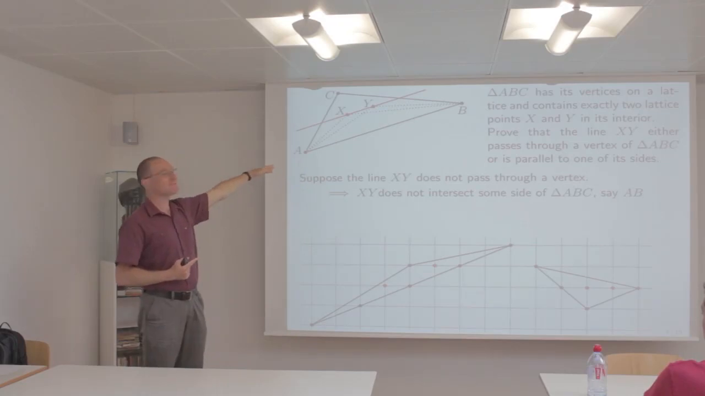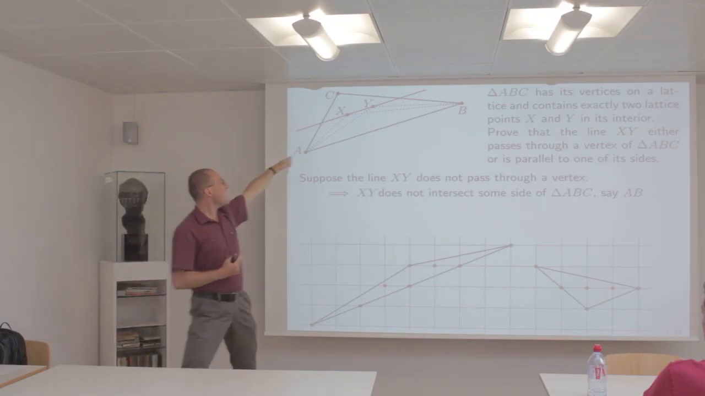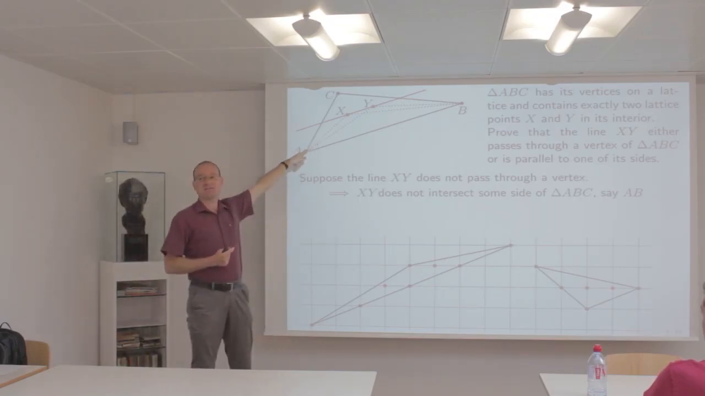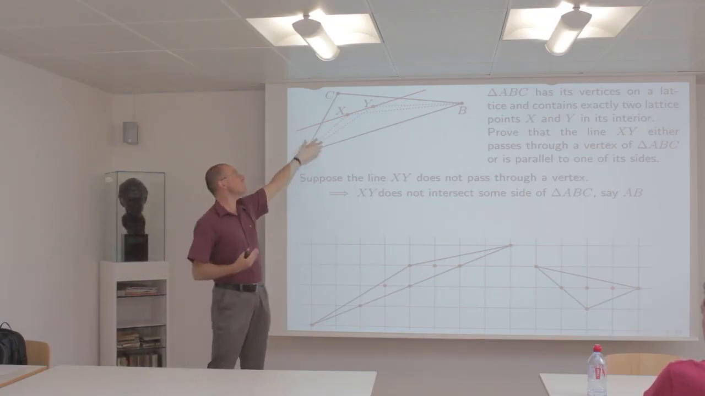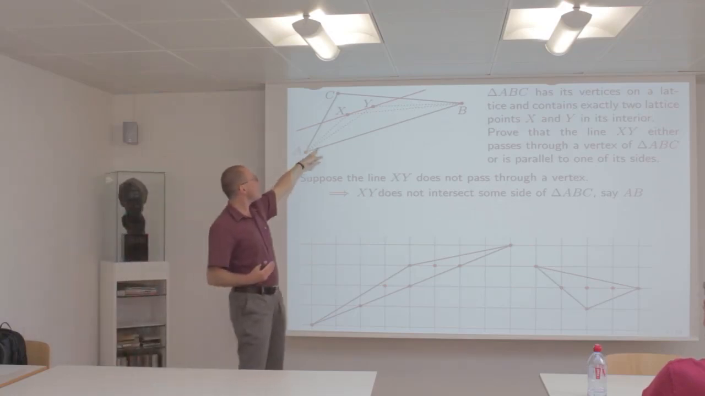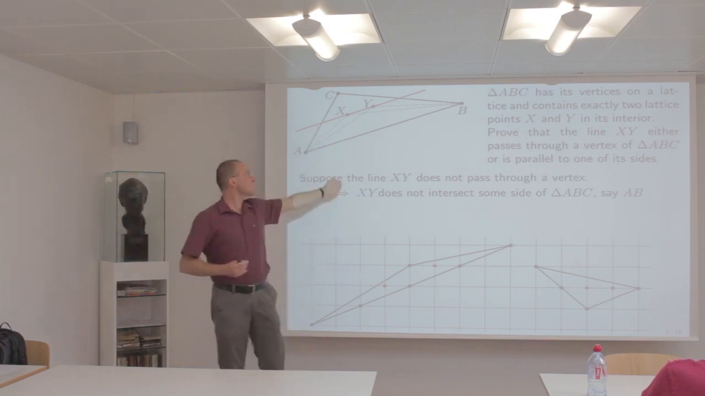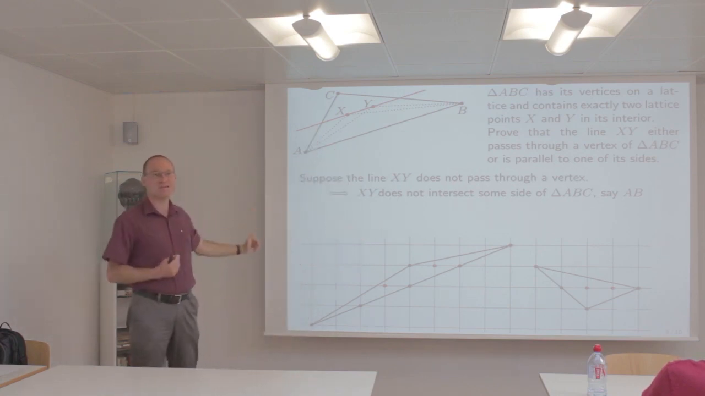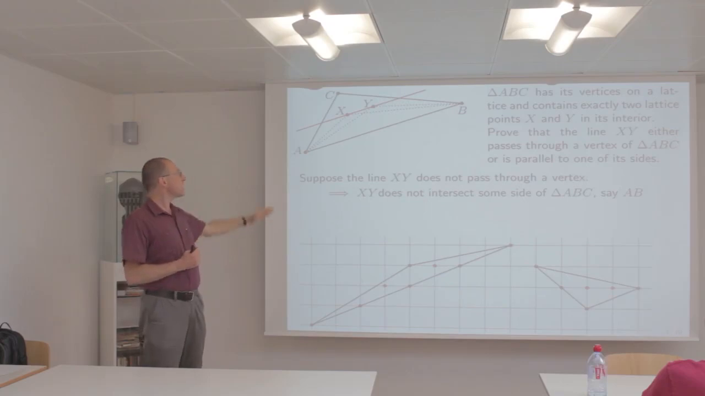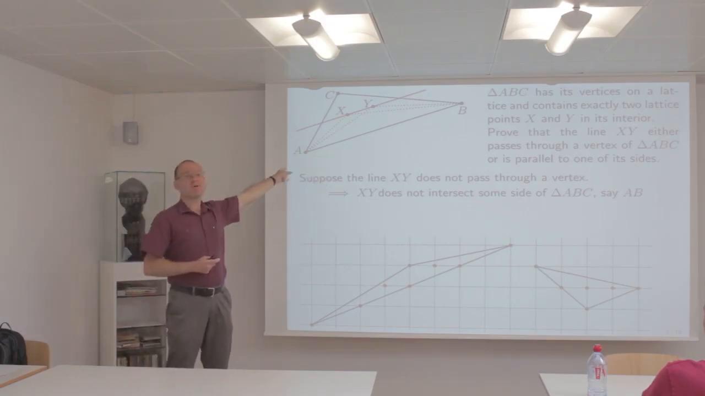Look at triangle ABX. What are its boundary points? Of course, A, B and X. On AX, there are no further boundary points, because inside the triangle, the only other boundary point would be Y, but the line XY does not pass through a vertex. Inside triangle ABX, there are no lattice points, because Y is not there. Otherwise, XY would intersect the side AB, but it doesn't intersect the side AB. And therefore, triangle ABX has no interior lattice points, the 3 vertices, plus it may have boundary points on the